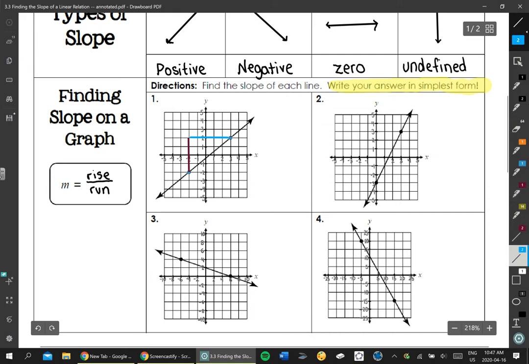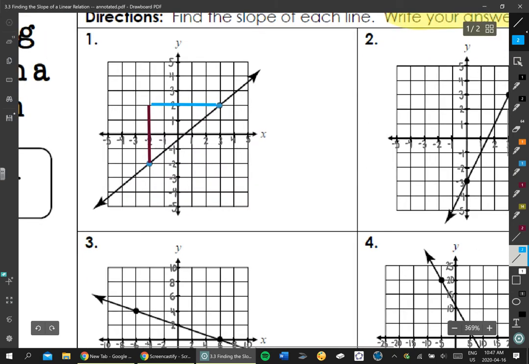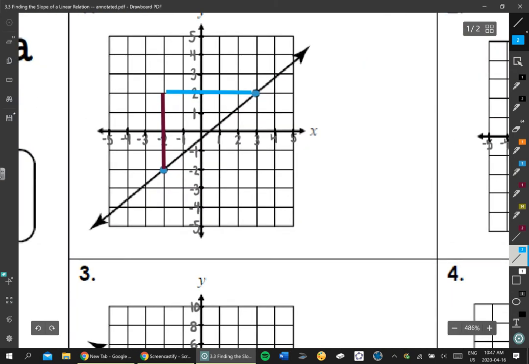So how much did I climb? Well, I started at -2. Let me zoom in a little bit more. I started at -2 and I climbed all the way up to +2. So how much should I rise? My rise,